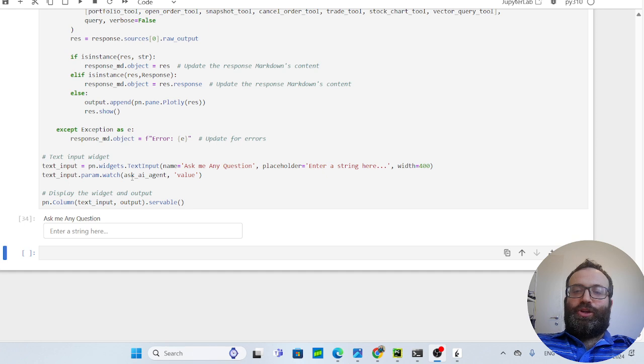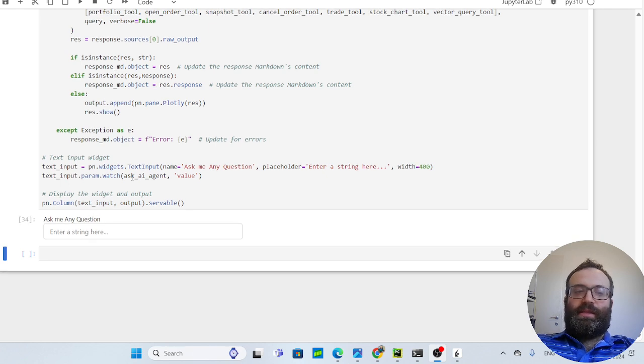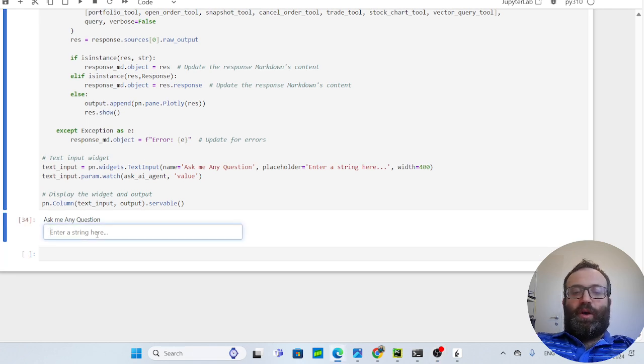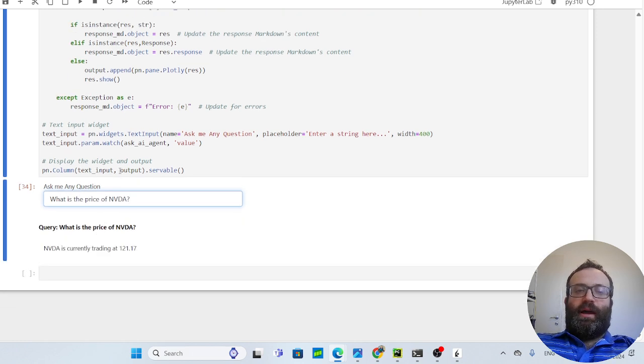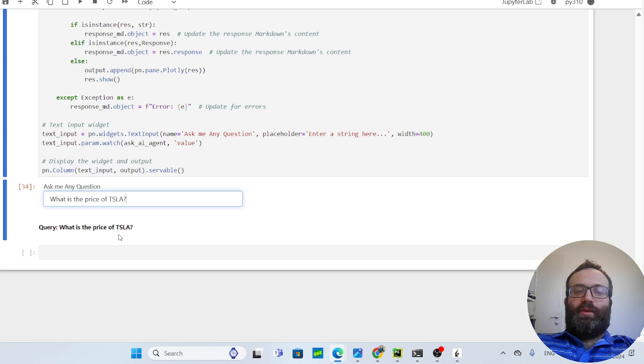In this video, I'm going to show you how to create an AI trading assistant for Interactive Brokers using LlamaIndex's Agentic RAG, and specifically tool calling. So you can ask any question like, what is the price of NVIDIA? And you get an answer: 121.17. What is the price of Tesla? And then you get